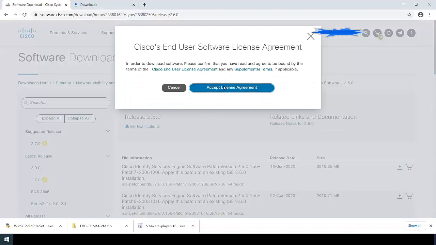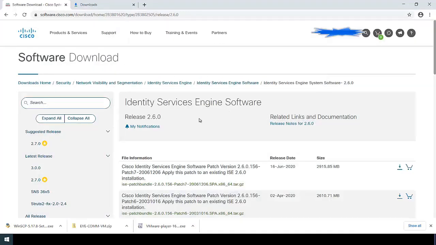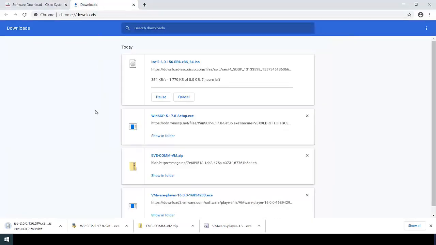So accept the license agreement and your download will start. ICE is a very heavy image, so it will take time. I will be skipping the video.